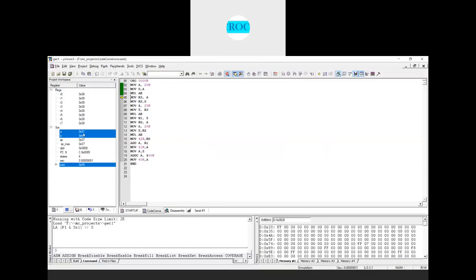FE 01 what we have it. And this is now if FE and 01 what we have, and this in A content we have 01, that I will move into the register R3, and B is having FEH, that I will move into the R2. So that what we have, R3 is having 01 and R2 is having FE.